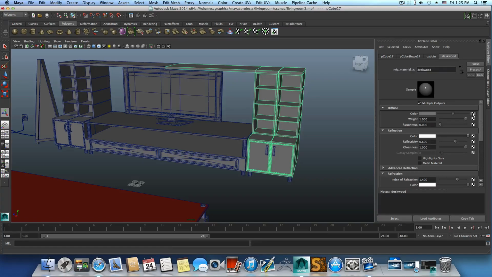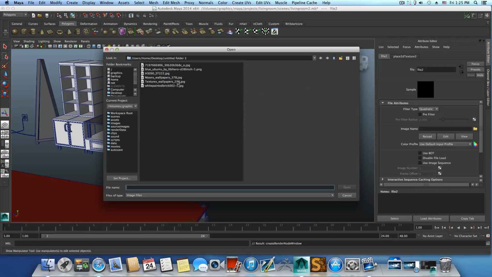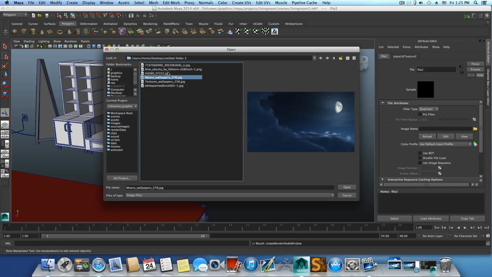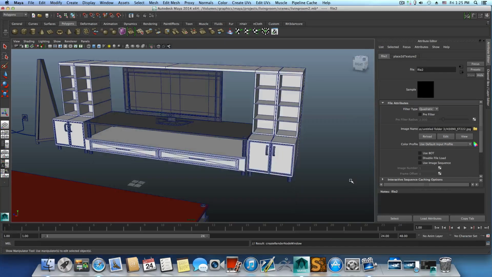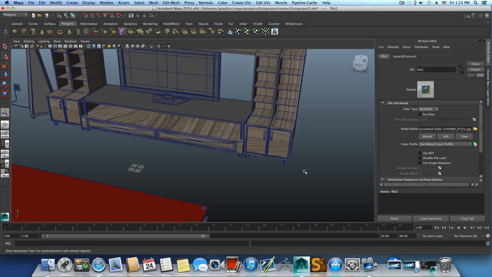Okay, click this, color, file. Okay, so now I can choose this and this, this. Okay, and open. So now you can see how it looks. Now about texturing and UV texturing, okay,